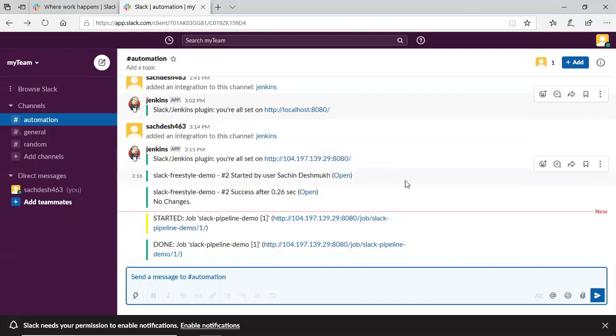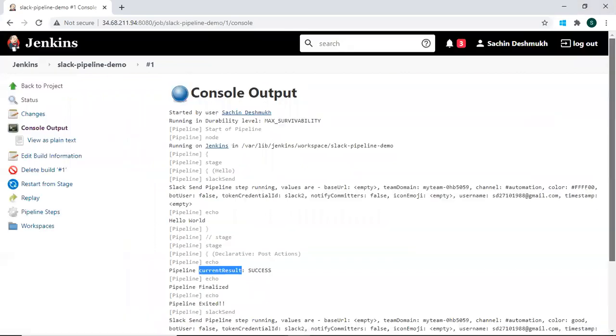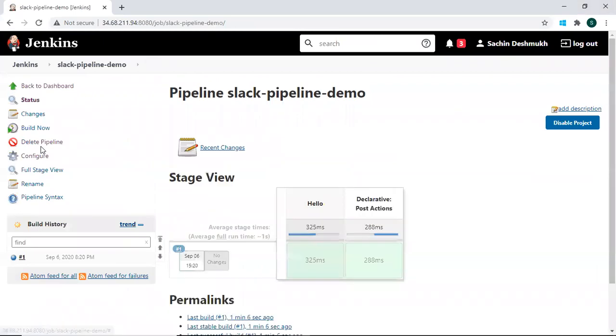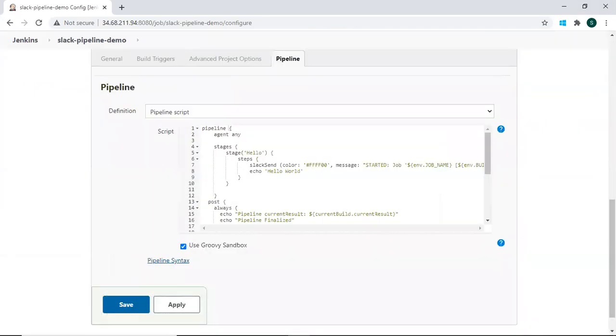If I am going to do some mistake in the pipeline, then what will be the result? Let's see that. Configure. Here instead of echo, I am just writing a bat.